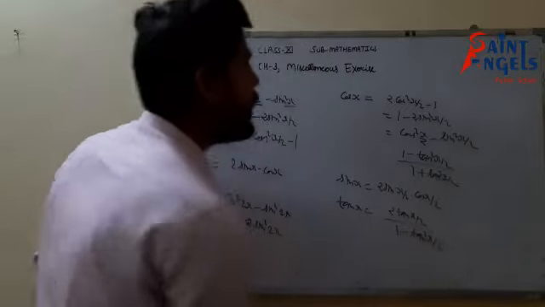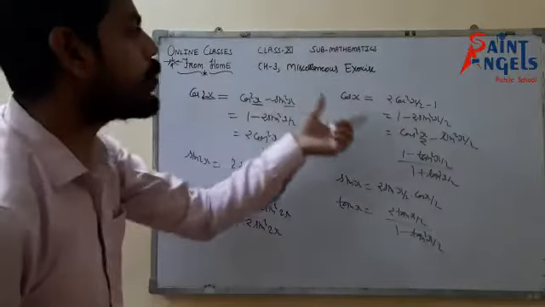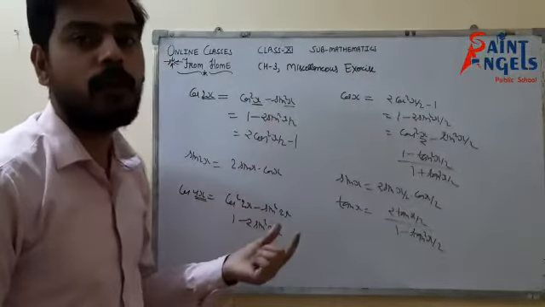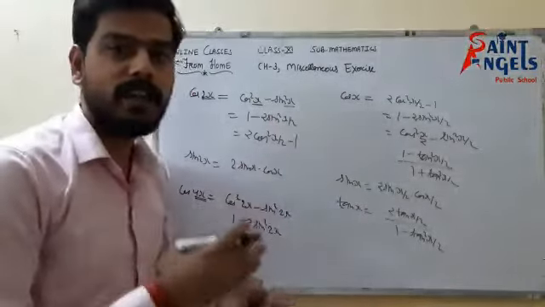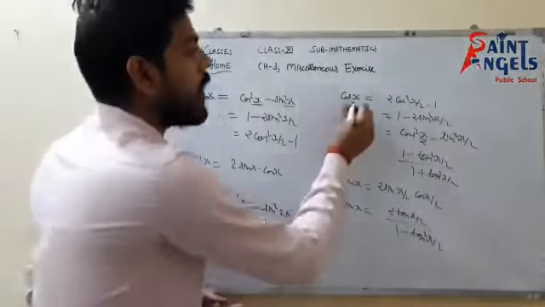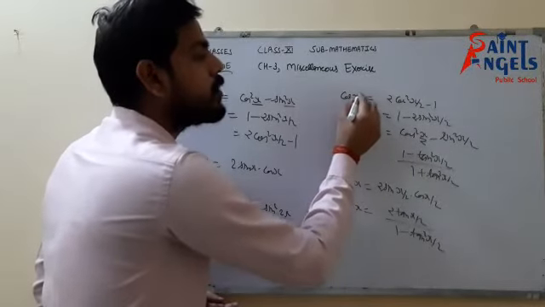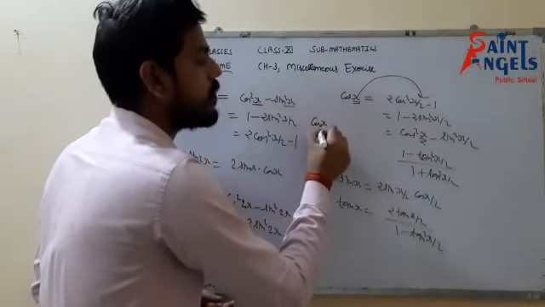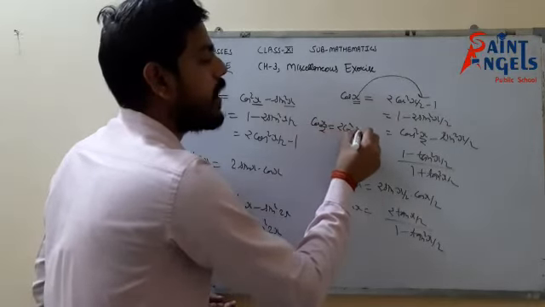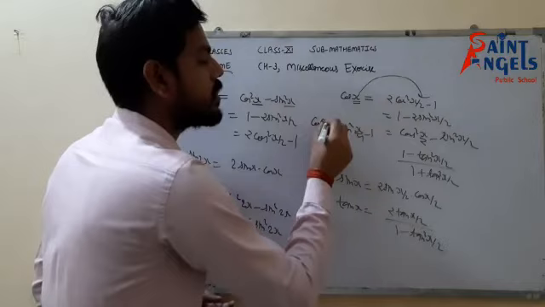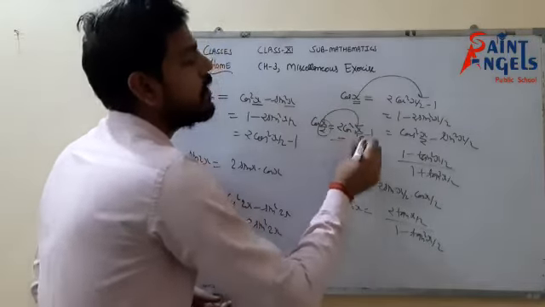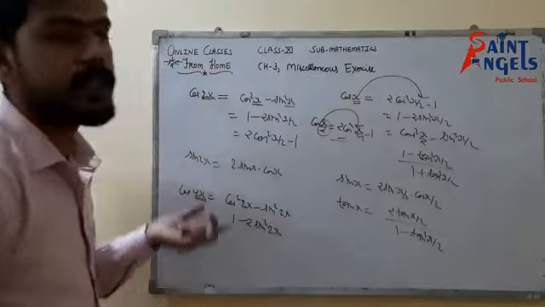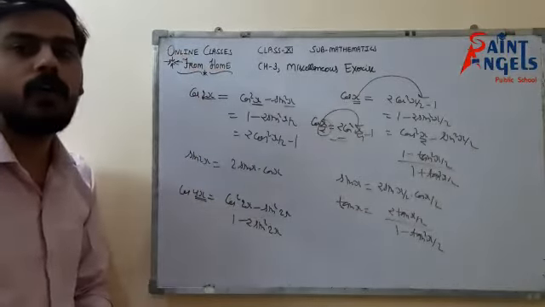So we can break these formulas into half angles as much as we want, and I can even write any formula with x by 8, x by 16. Whatever angle is on one side, I have to just use half of that angle on the other side. If I have to find the formula of cos x/2, that would be 2 cos square x/4 minus 1, since half of x/2 is x/4. So we can evaluate n number of formulas from these basic formulas. Okay students, please pause the video and note it down.